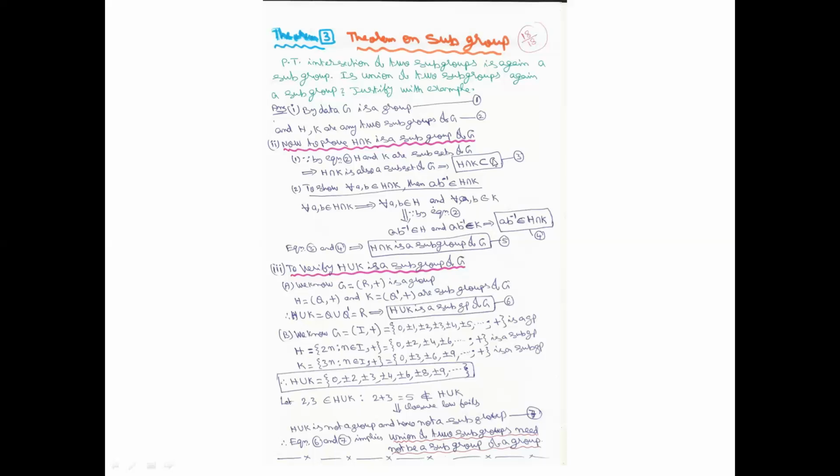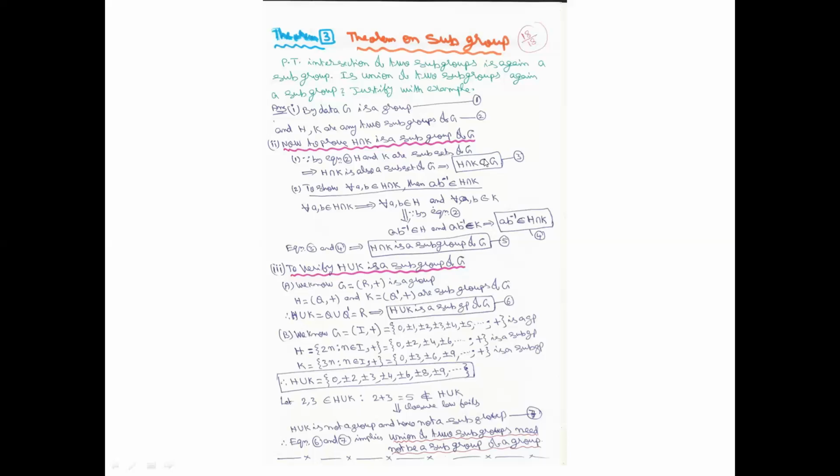In theorem 2, whether you remembered it or not, what did I prove? G is a group, H is a subset of G, and H is a subgroup if and only if A star B inverse belongs to H. Once again, listen carefully. G is a group, H is a subset of G. If A star B inverse belongs to H, then H is a subgroup. That is theorem number 2.